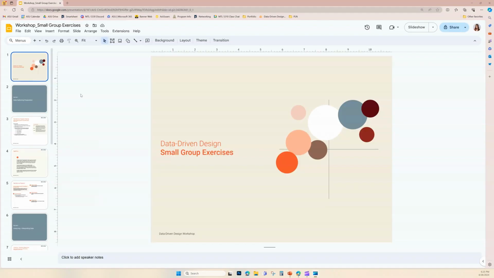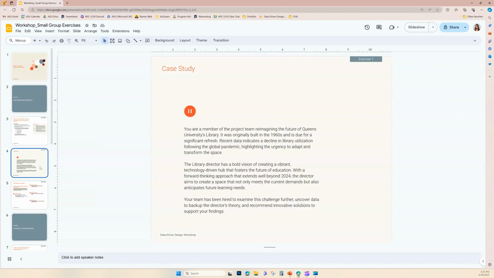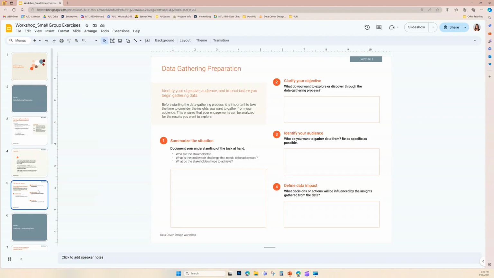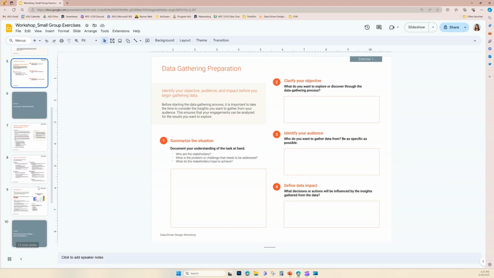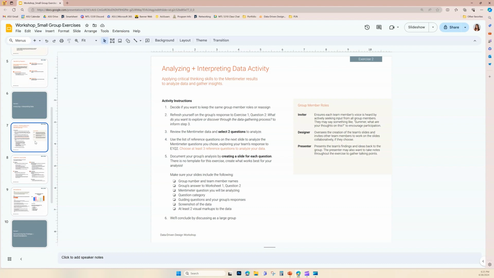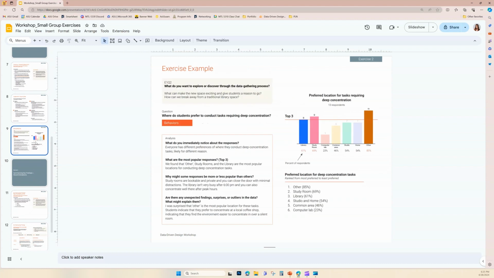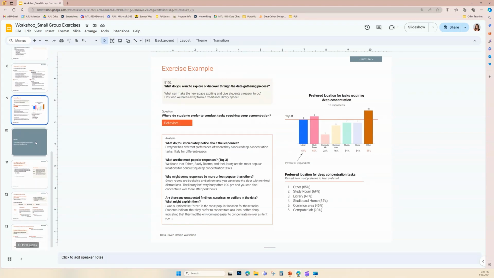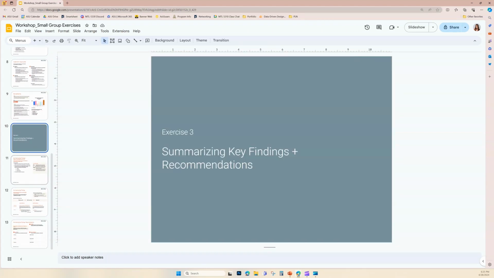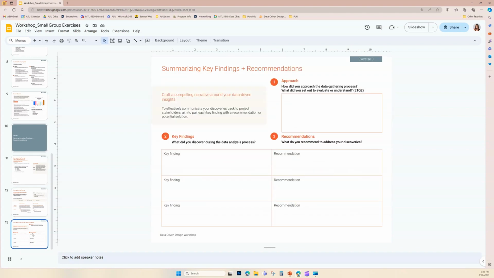For the small group activities, students will work through a case study, solving problems collaboratively using worksheets I've created in Google Slides. I opted for Google Slides over a new platform because I want students to spend the most analytical portions of the workshop working together, not learning a new technology. In my past experience, introducing a new technology that participants are not familiar with can shift focus away from the learning objectives and onto learning a new tool, no matter how intuitive it may seem. Additionally, I created these templates as a reference guide that students can use in the future as they work through